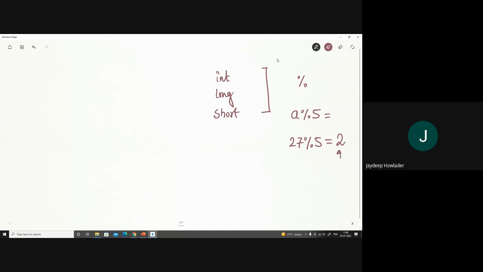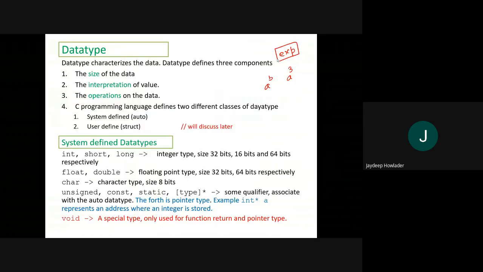This operation is also applicable for character, but not for float and double. So there are some limitations in different data types, and for every data type we have a predefined set of operations.